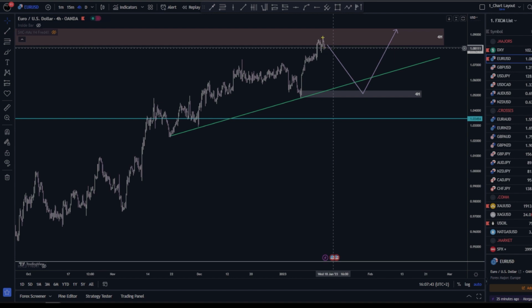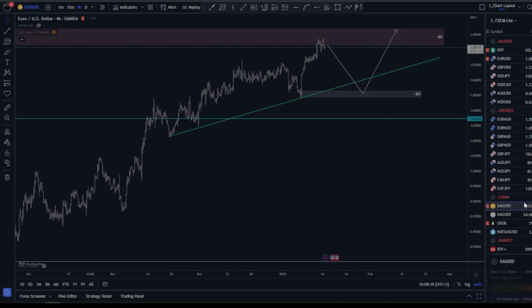So I'm expecting the market to fall into a pullback that can either reach the trend line before going back up, or my take on it is that the price will break the trend line, reach this demand area here, and then we can see the price moving back up again. So if you see the price dropping towards this level here and then making a small correction, then I can see it reaching at least the trend line, if not the demand area.